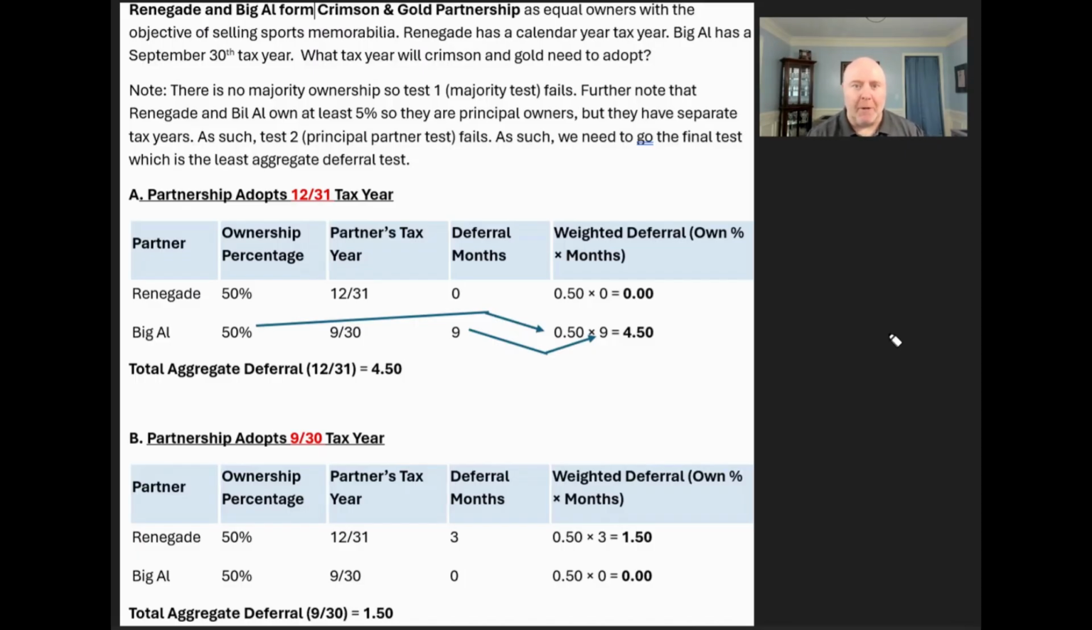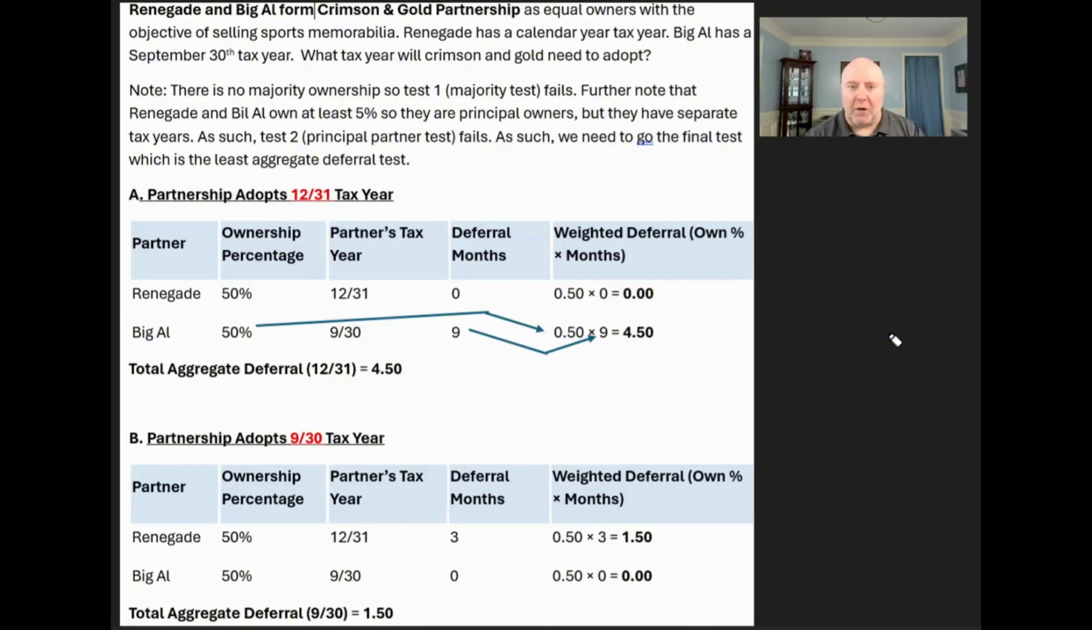We say principal partners, do they all have the same year? Well, no, because again, there's only two. One of them's a calendar year, one of them's September 30th. So they're not the same tax year. So we fail the second test, which brings us to our third and final test, which is the least aggregate